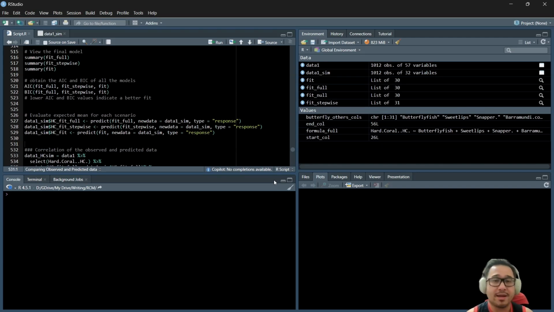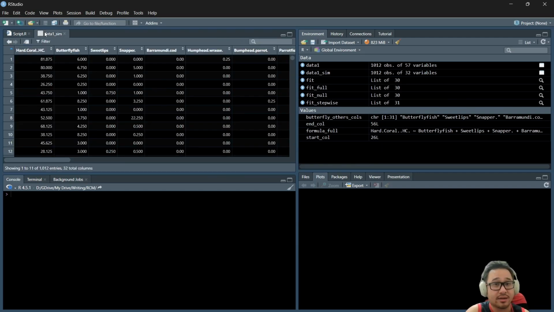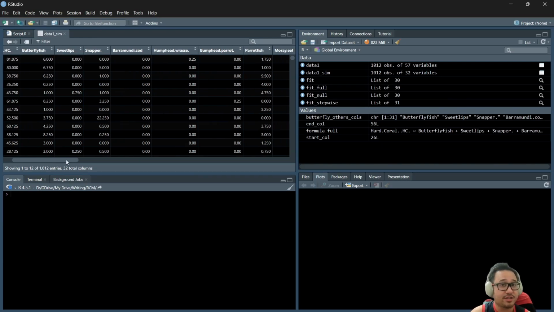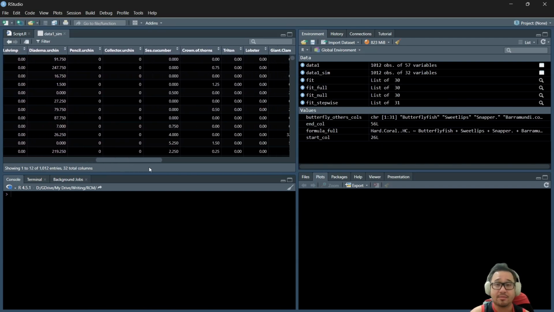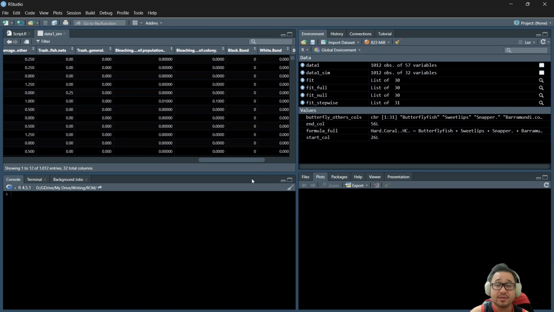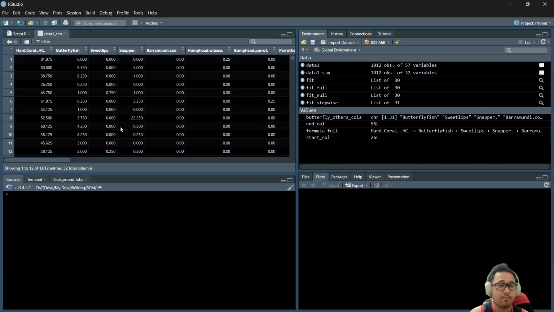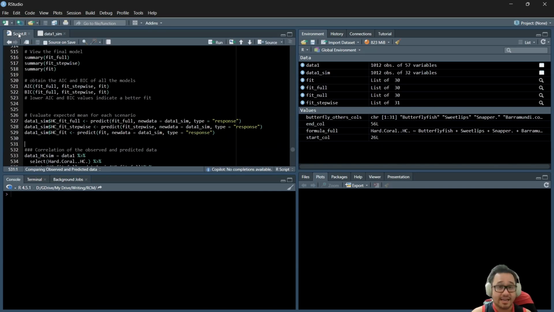So one of the best examples I can show you right now is by using this data simulation that I just extracted out. For example, over here, I have the hard coral cover of a certain area in Malaysia, and I have a few types of fishes in the coral reefs, and then some other invertebrates or other animals in the coral reef. I have around 31 types of animals to compare with hard corals. So my idea is to see what sort of animals are affected by the increase and decrease of hard corals